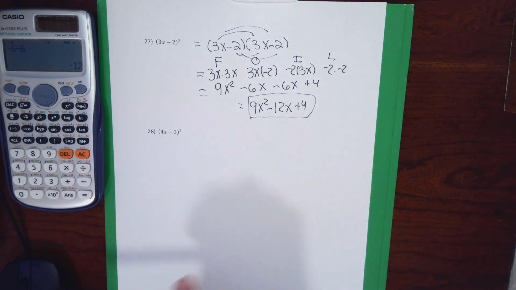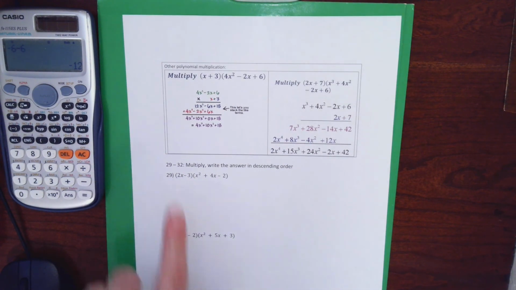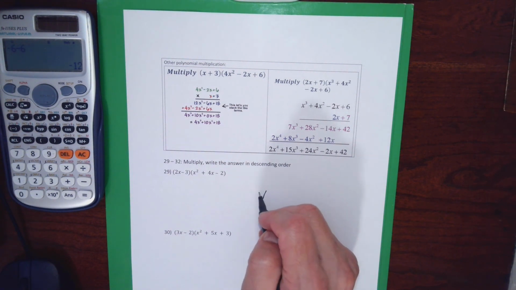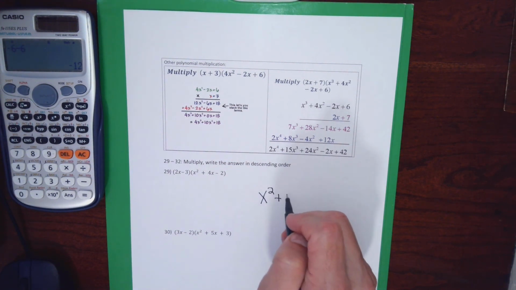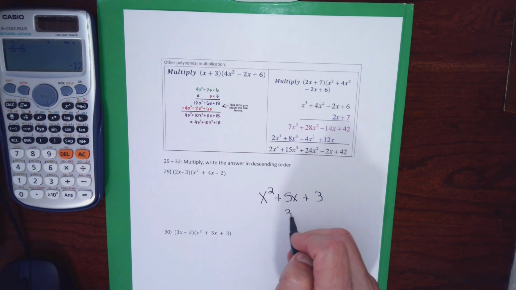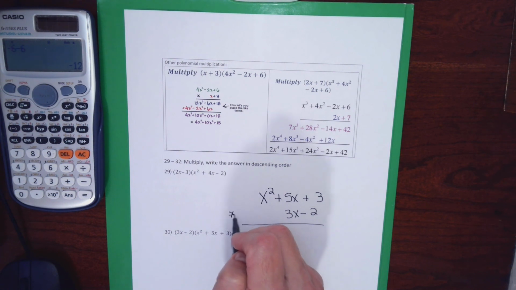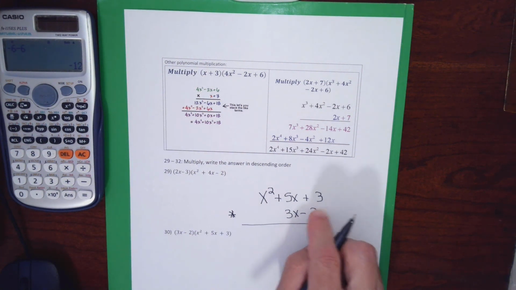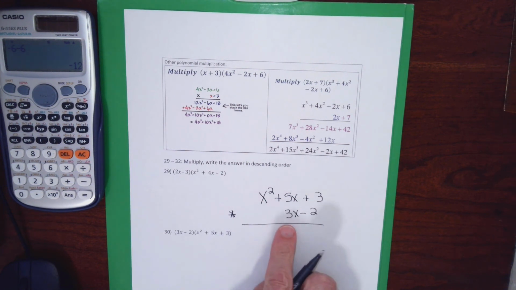The next multiplication is ugly. I'm multiplying a binomial times a trinomial. And the nicest way to multiply a binomial times a trinomial is to write the trinomial, like in problem 30, above the binomial. I have two parentheses next to each other, so this is a times problem. And now I'm going to do kind of multiplication like you might have learned in grade school. I'm going to go minus 2 times each of the items above it and 3x times each of the items